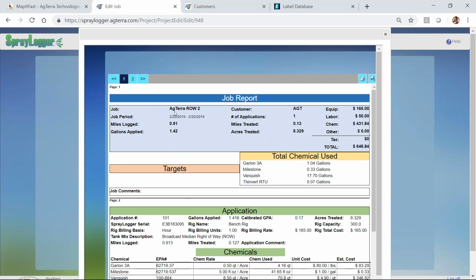Up at the top, we have the job name, customer name, time frame, so it's just for today, but if you had multiple applications on multiple days, you'd see the full date range. Number of applications, number of miles logged, of those miles that were treated, gallons applied. Now again, if you have the metric system, this will update appropriately with showing metric, acres treated,